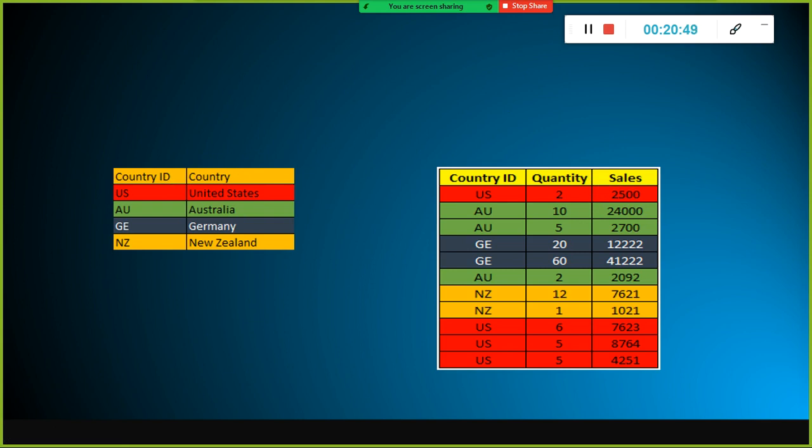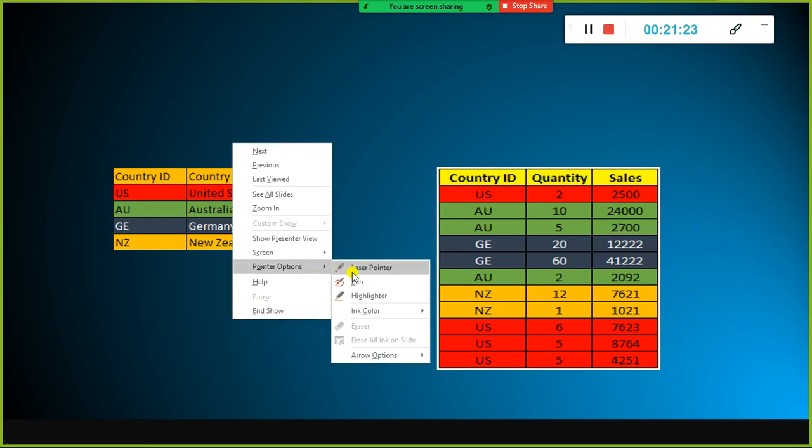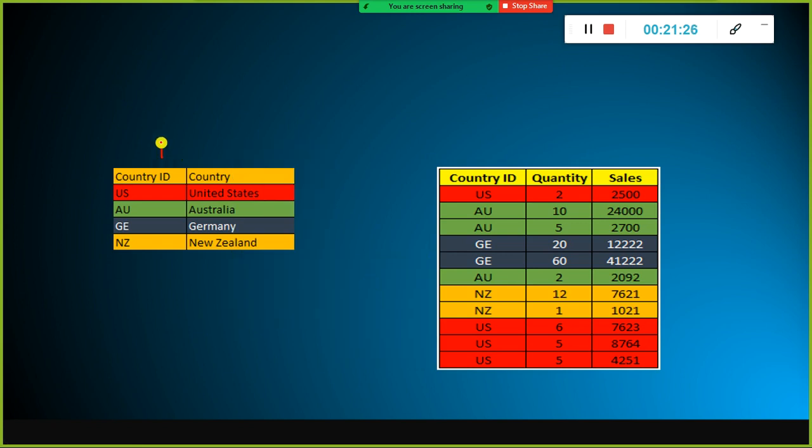I hope you remember during the SQL training, I explained about this one. If you want to view the data from two different tables, you need to perform a join. So how do you perform the join? Country name is here, and units sold and sales are in another table. If you want the combination of country, quantity and sales in a single report, you need to join these two tables. How will you join these two tables? Based on the common key column between these two tables, you are going to combine them.